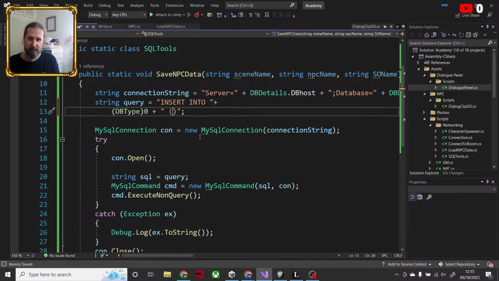In here, we have the scene name, the NPC name, and the NPC dialog.